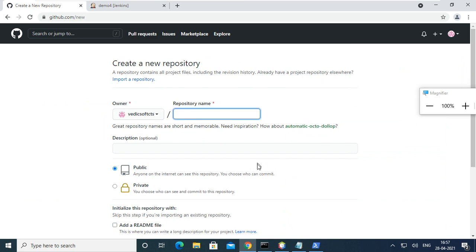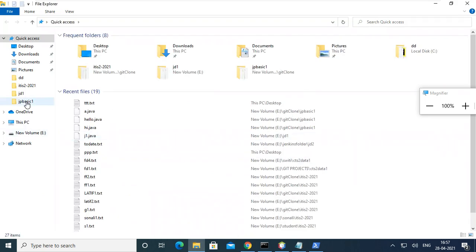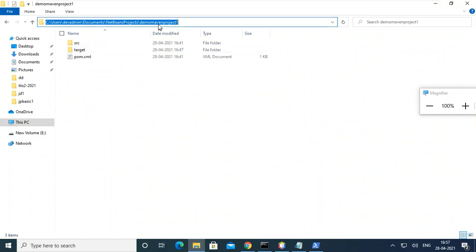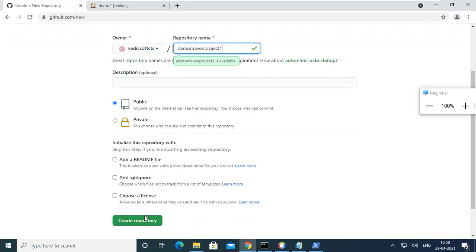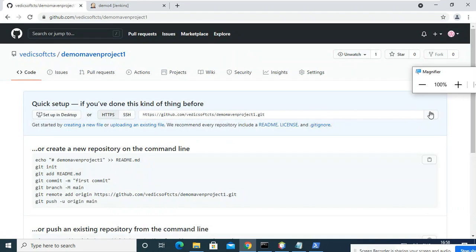So what I'm telling is, better take my existing Maven projects from my side and you can build it.